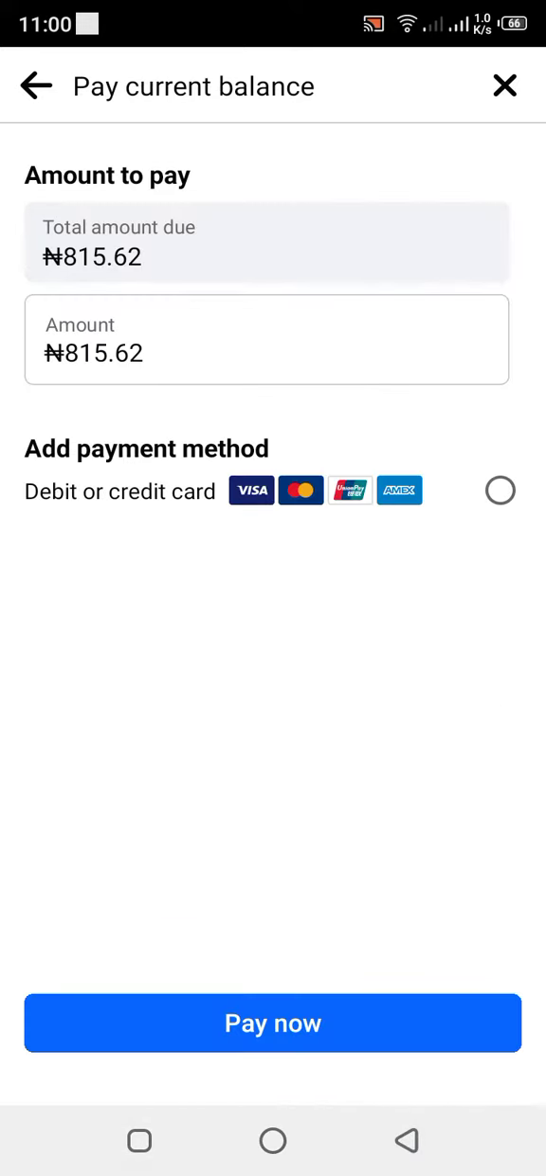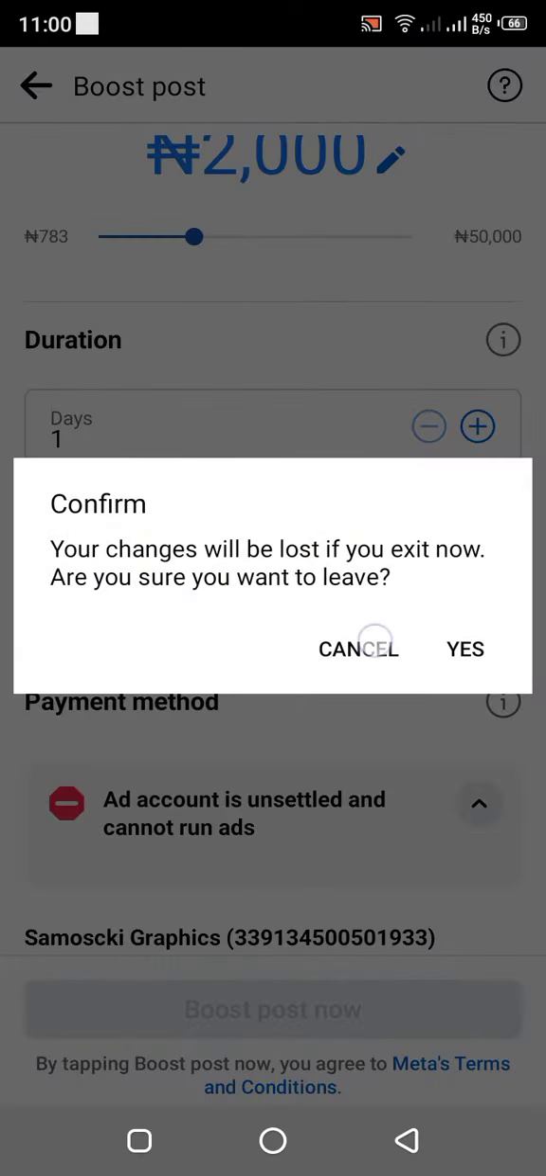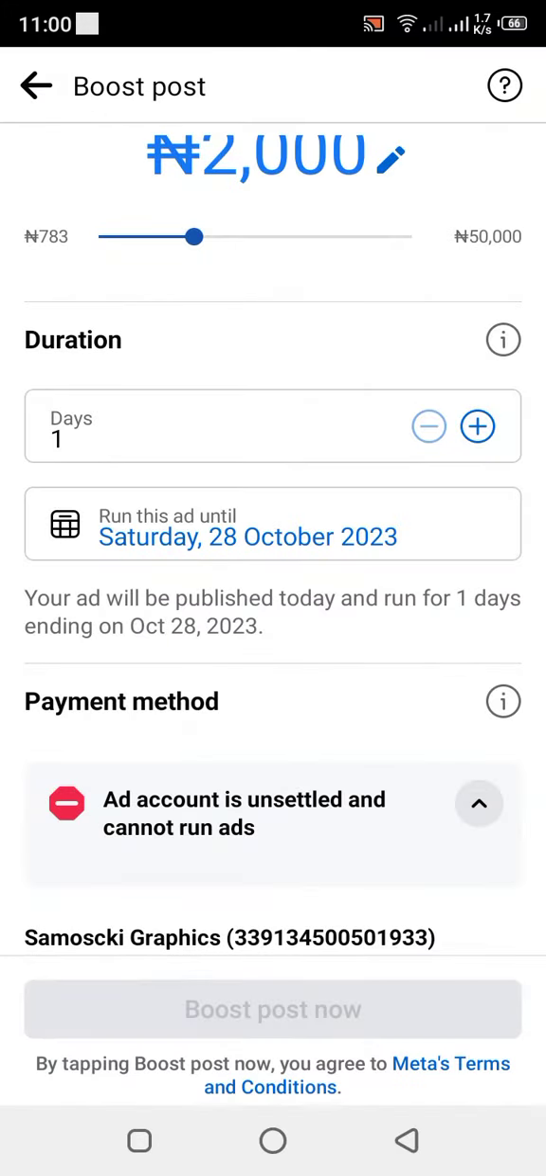Once you click on save, you click on boost now. Facebook will take the money from your bank. That's the simple way. Okay, so the next one, if you want to boost your page for followers,